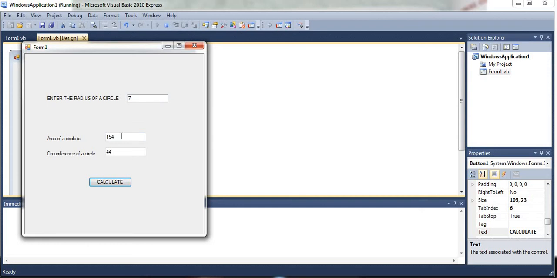Pi is 3.14, 7 into 7 is 49, so 49 into 3.14, and you can understand 154 will be the answer. And the circumference of the circle is 2 pi r, 2 into 3.14 into 7, so 14 into 3.14. So this is the calculated answer.